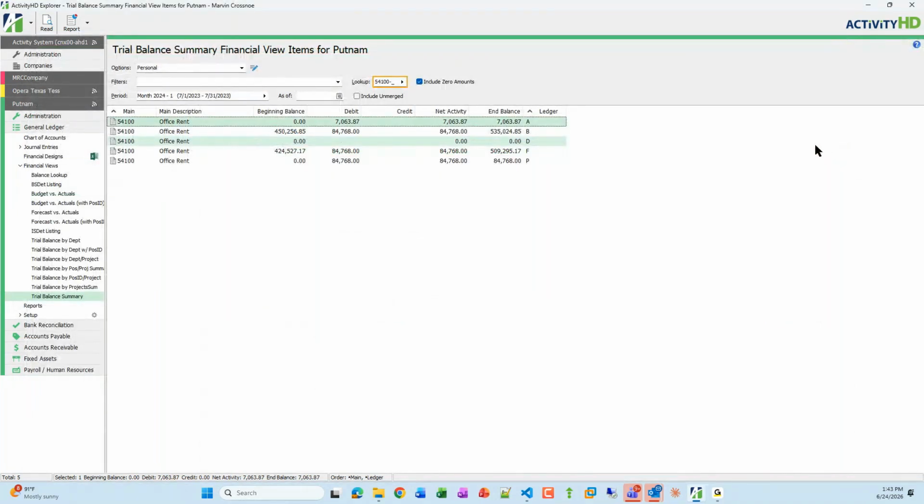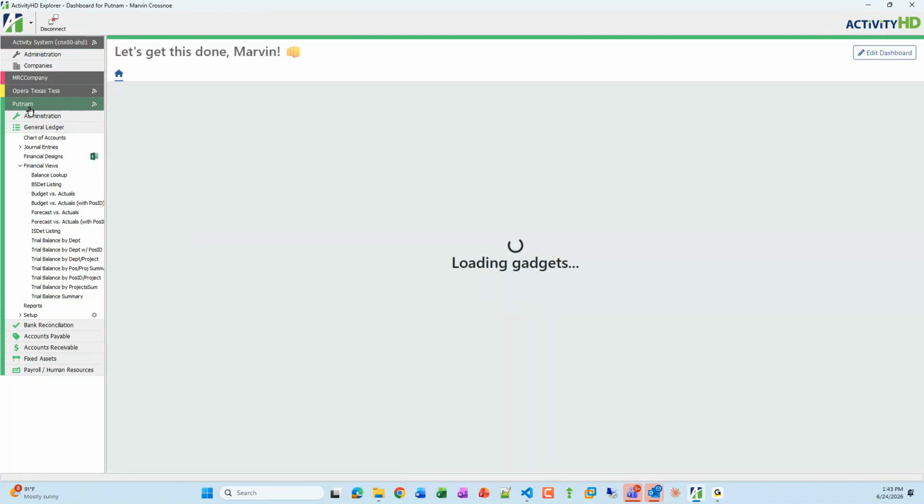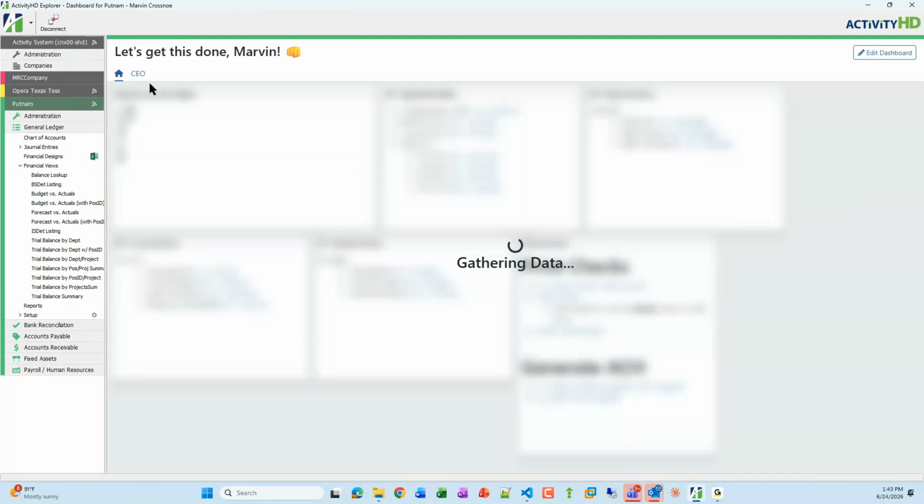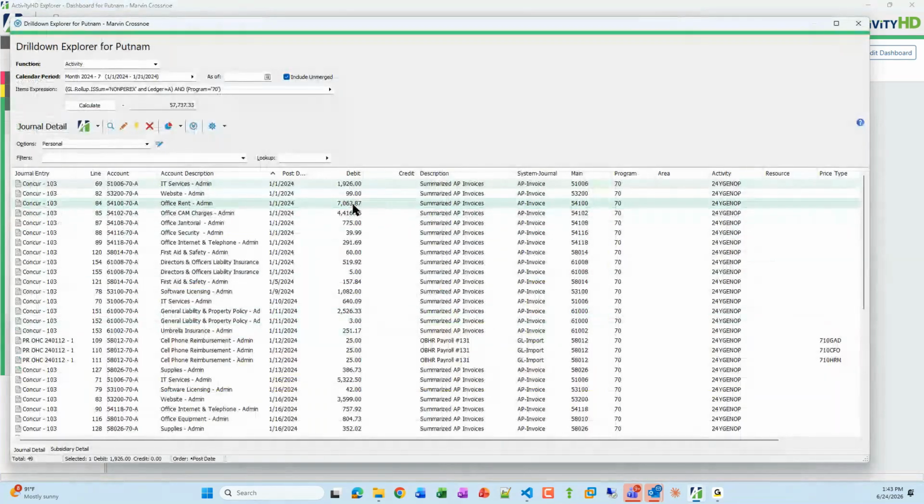And just to bring this full circle and look at graphical reporting, let's go up here and look at some of our graphs. So here is graphical reporting. Here's a CEO view of that same information I was just looking at, the same non-personnel expense we looked at in the Excel financial statement. This is the administrative expense graphically presented, and here is that same